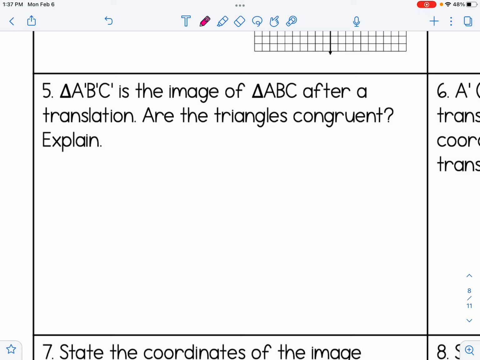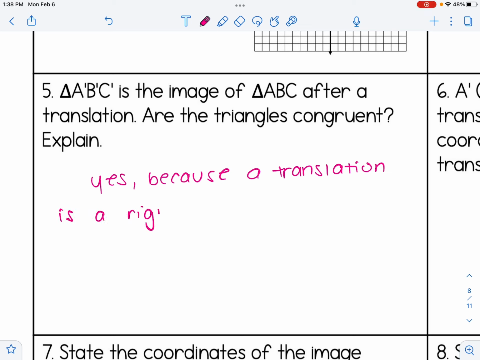And the other reason behind this is because a translation is something called a rigid motion. A rigid motion is basically a transformation that preserves distance and angle measure. So I'm going to put all of that information in a sentence here. First I'm going to say yes, and I'm going to explain why. Because a translation is a rigid motion